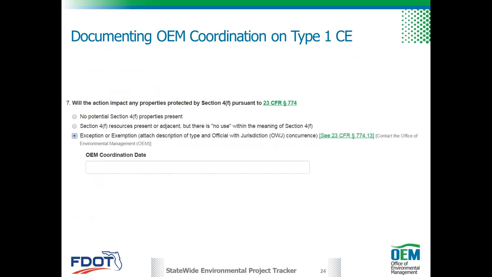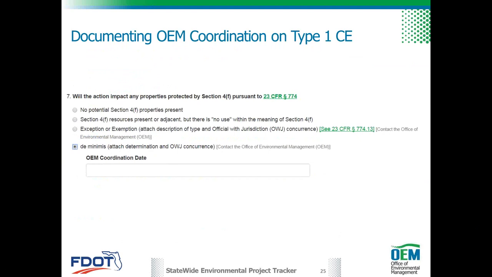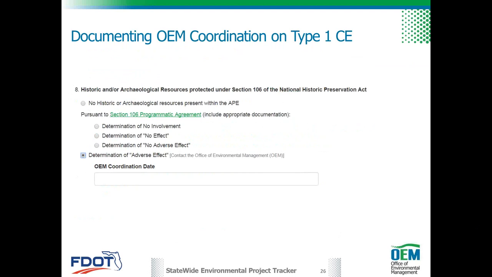On question 7, which is Section 4(f), again, contacting OEM is required for the exception or exemption response, as well as the de minimis response. And then on question 8, contacting OEM is required and must be documented on a determination of adverse effect. The other fix to question 8,